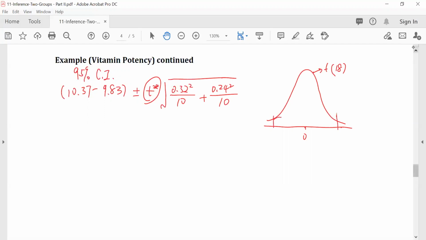That means the area under the curve in between is 95%. So the area to the left of it is 0.025. The area to the right of it is 0.025. So we are looking for